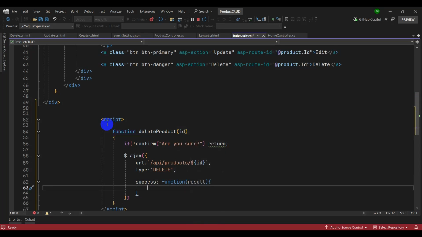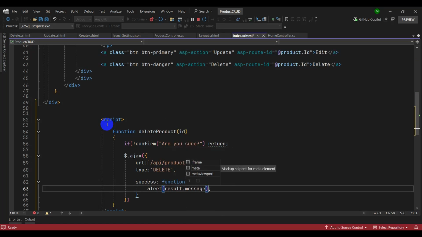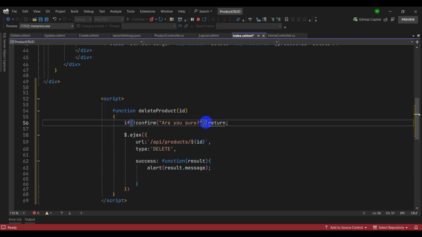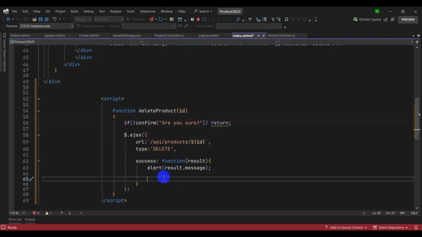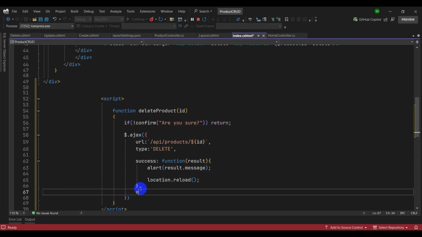Let's display result.message in alert. Let's reload our page. Let's add here closing bracket and here just location.reload. Okay, if error occurs, then